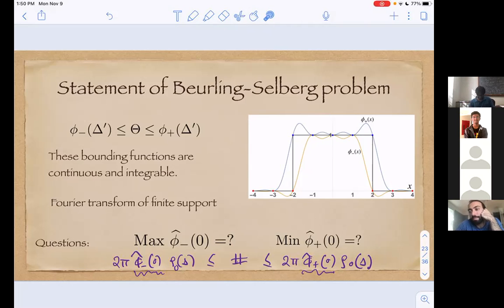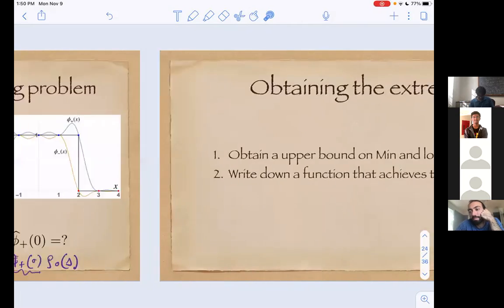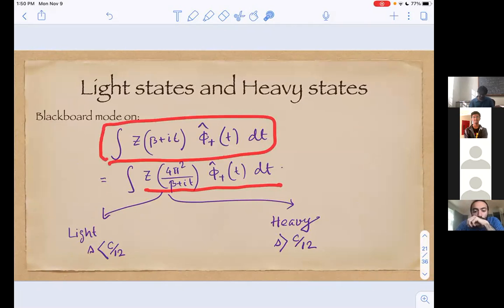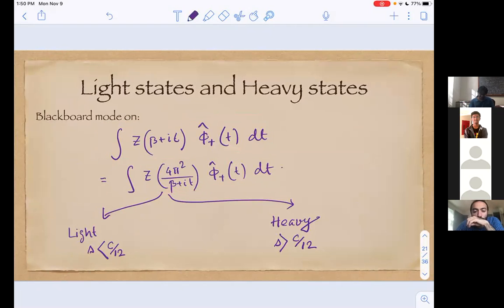So it's not exact chopping. Let me see whether I wrote down this thing somewhere. You can see here, this integral is of this form. Originally this integral goes from minus infinity to plus infinity, and I have this regulator. Then I choose this function in a way so that this integral gets cut off at minus lambda to plus lambda. But I still have this phi plus t, which is not the Heaviside function. Rather, this is some smooth thing.